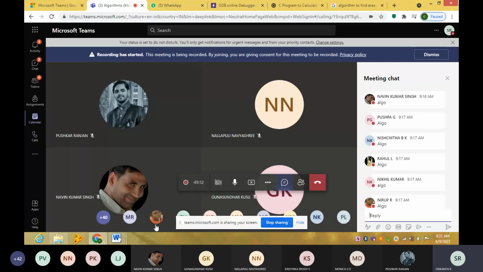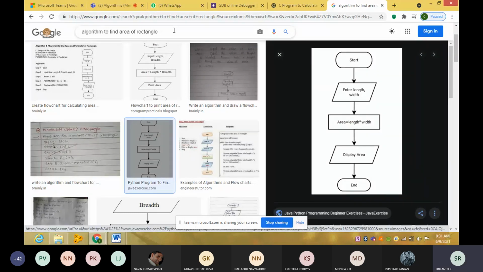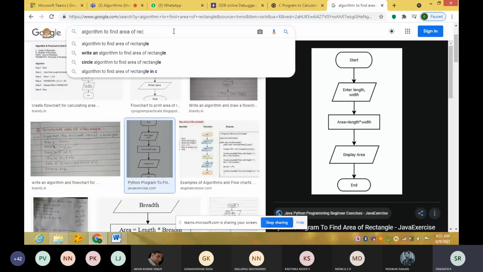So let us see other examples. This is one more, area of algorithm flowchart.